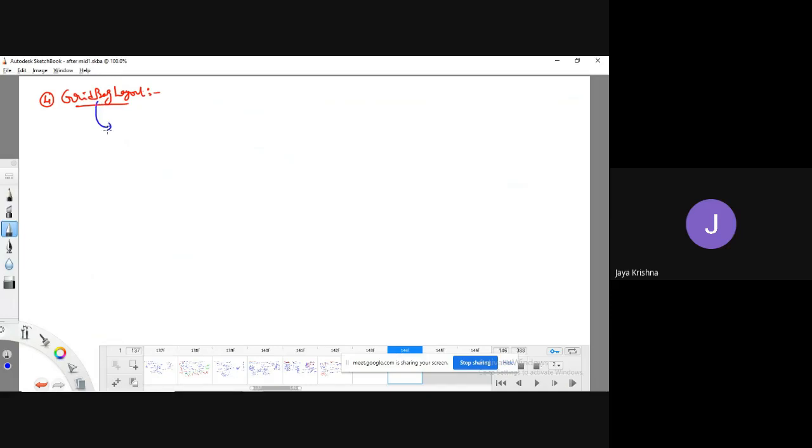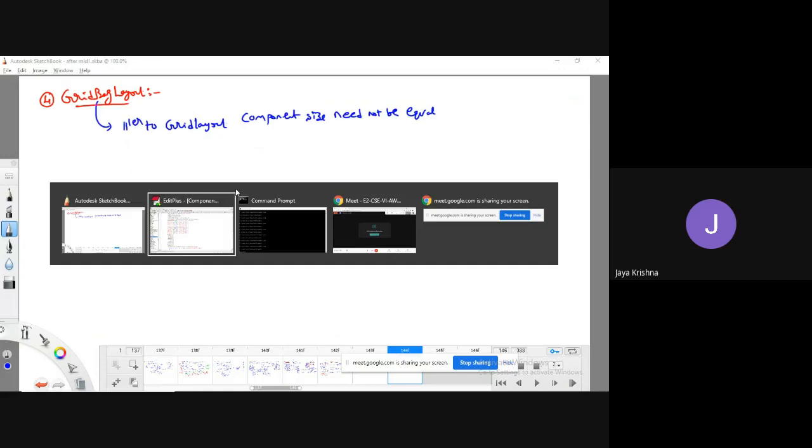In simple words, it is similar to GridLayout, but the component sizes need not be equal.